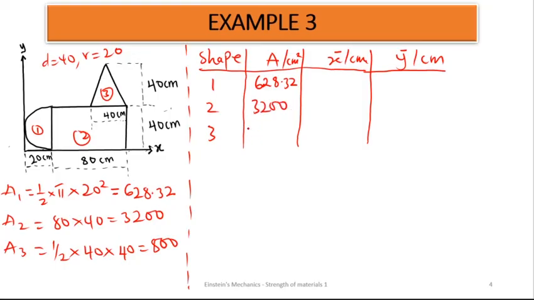Are we good? So let's try to locate the various x bar and y bar. This semicircle, I can locate it from the base. Look at here from the base. We know that from the base it is 4r on 3 pi. Are we good? So we have our r to be 20. Are we good? And this entire distance is 20. So 4r on 3 pi, that is 4 by 20 on 3 pi, that is giving me